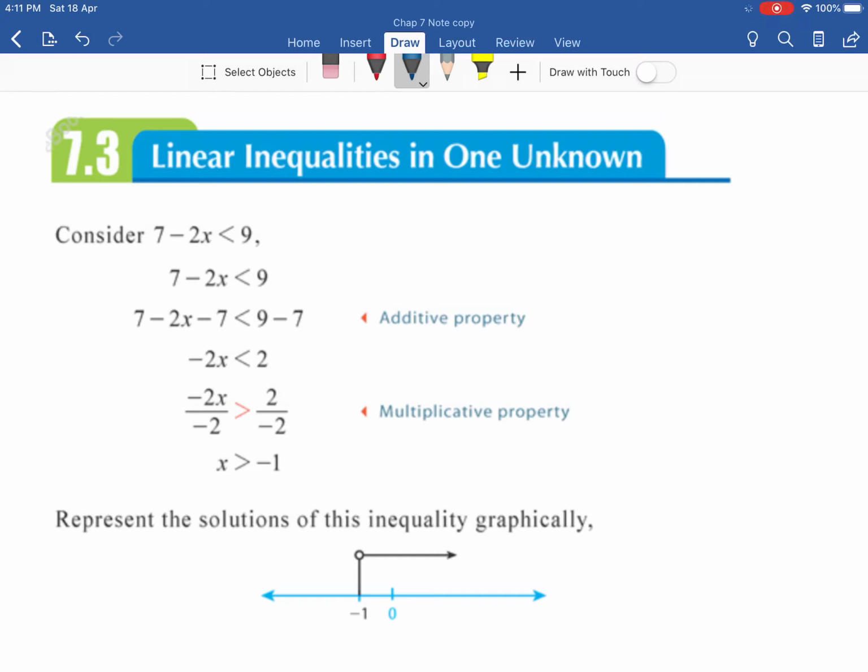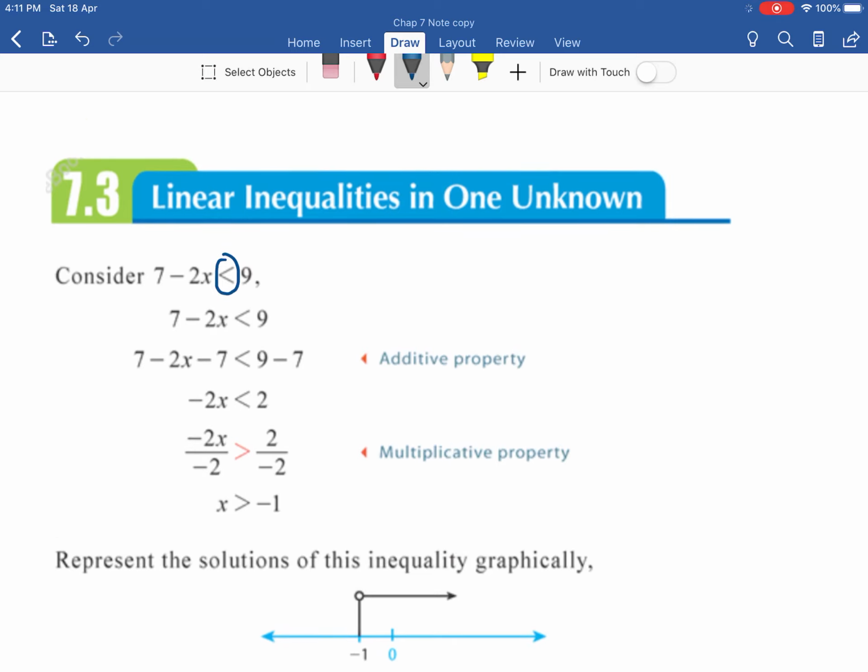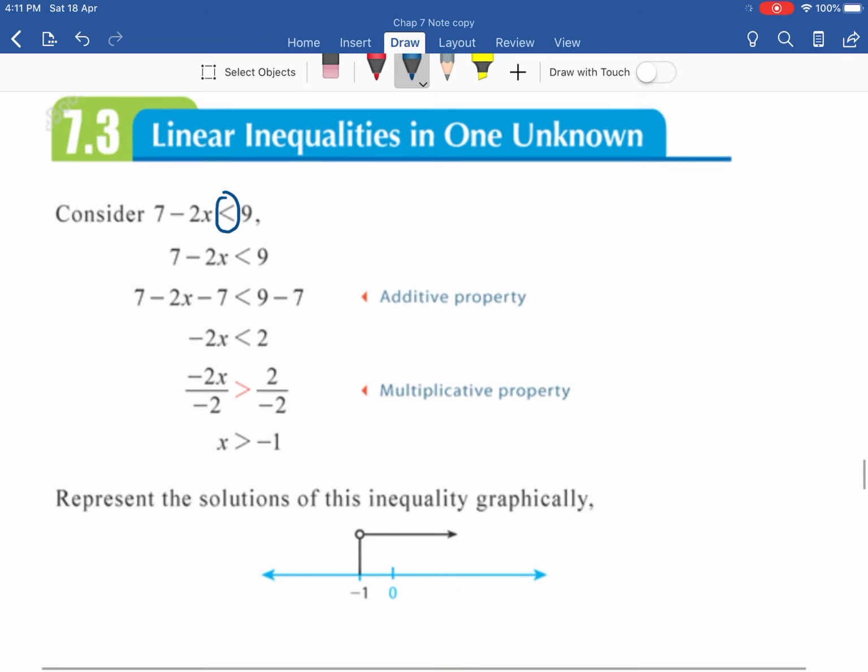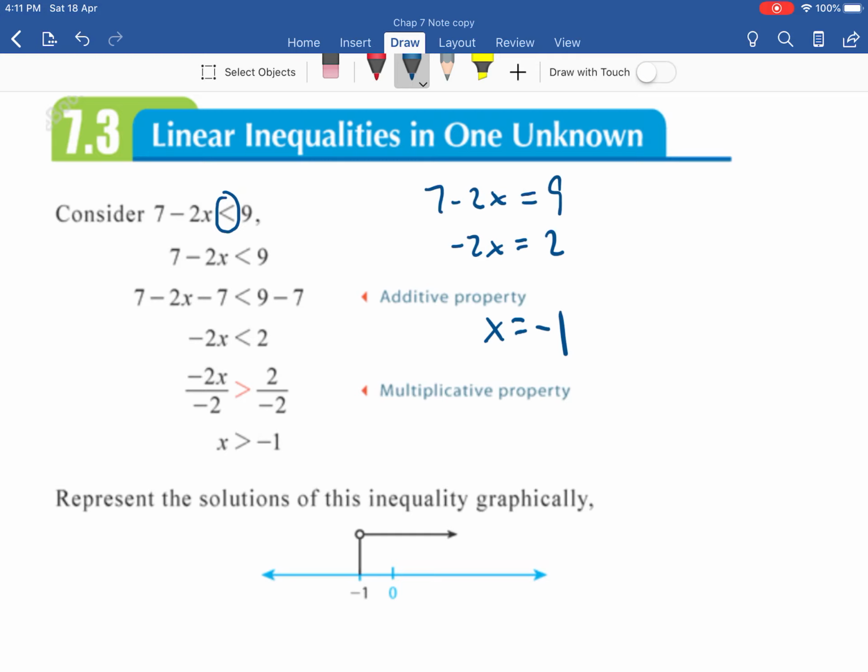We have learned that linear inequalities are just like linear equations, except that there is an inequality sign. If it is an equation, it is very easy: 7 minus 2x equals 9, minus 2x equals 2, therefore x equals minus 1. But when it is an inequality,